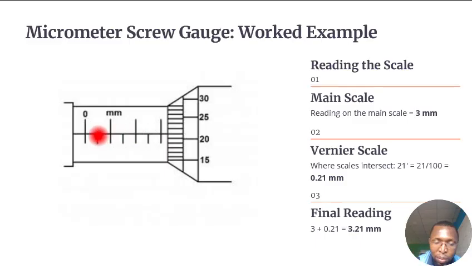The line on the main scale that coincides with the vernier scale, you see here, this is it, this line here. And this is 20, so the 21st division is the one that coincides with the straight line of the main scale. And that's our vernier scale. So that 21st division, multiply it with the reading accuracy of the micrometer scale, which is 0.001